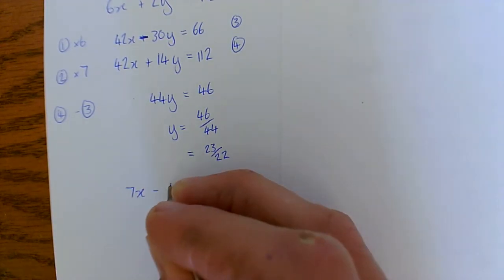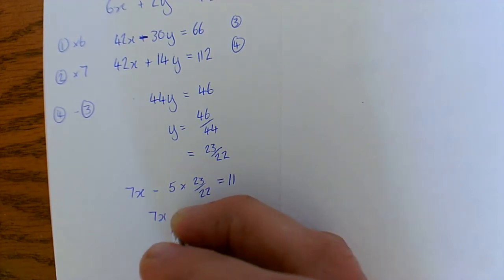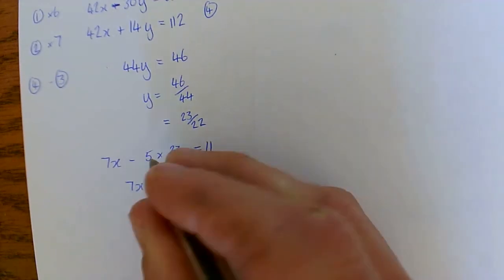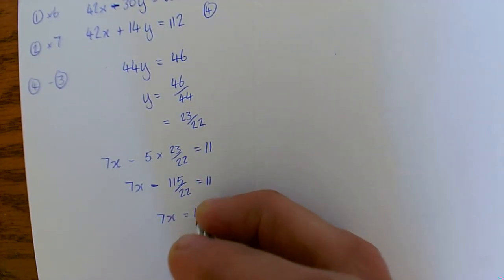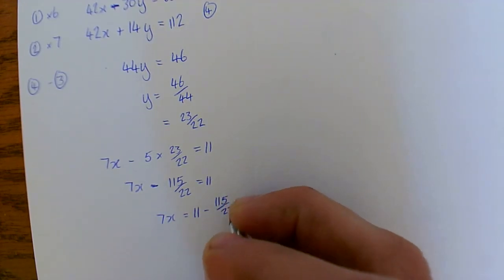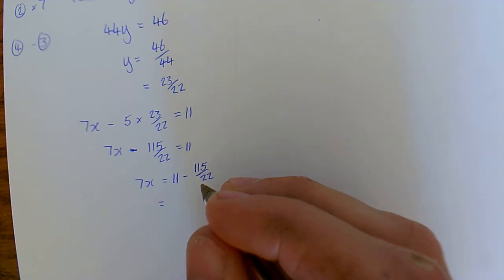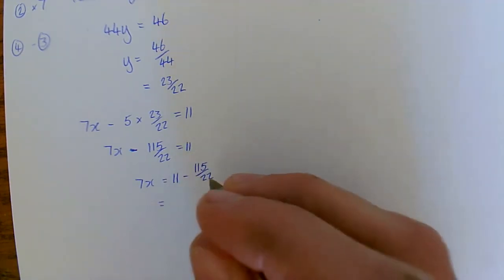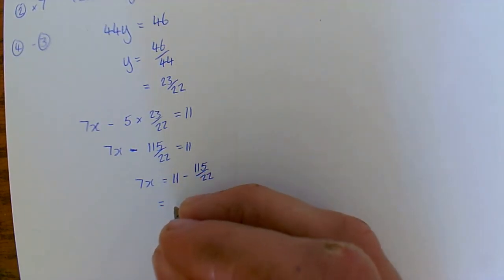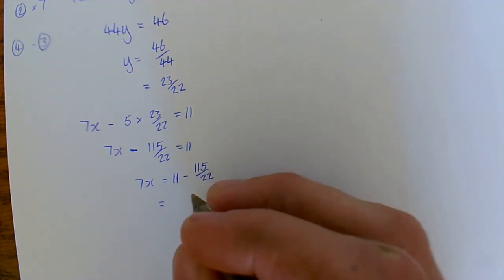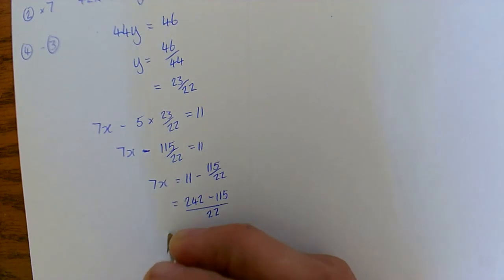So we've got 7x take away 5 times 23 over 22 equals 11. And take your time with this, don't rush through it. 5 23s are 115 over 22 equals 11. So 7x equals 11, take away 115 over 22. Now, lovely maths to go on here. Probably your easiest thing to do here is make them both over 22, deal with it all, and we'll deal with the divide by 7 in a second. So timesing 11 times 22, yeah, that is still the best thing to do. 11 times 22 is 242. Take away 115 over 22. Doing that leaves us with